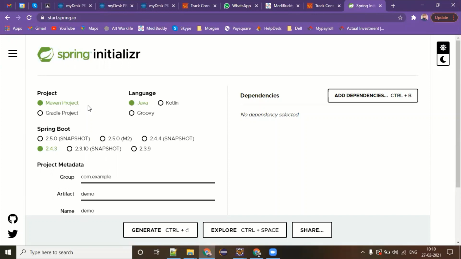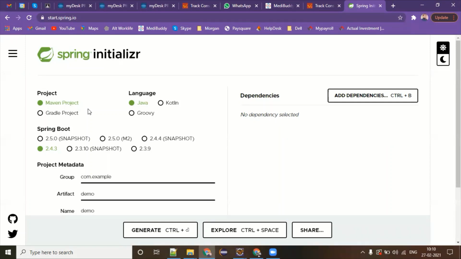This UI is very informative, giving you lots of options related to your project. Right now, you can see we have two very popular build tools. One is Maven, another one is the Gradle project. The default one selected is the Maven project. And I also told you Maven is one of the build tools which helps you manage your dependency management. So Maven project or Gradle project, anyone is fine, you can download it. If I get time, then I will show you one Gradle project also, because most companies are using Maven only, but some companies have a Gradle setup also. So we'll talk about both. But right now, don't change the project.